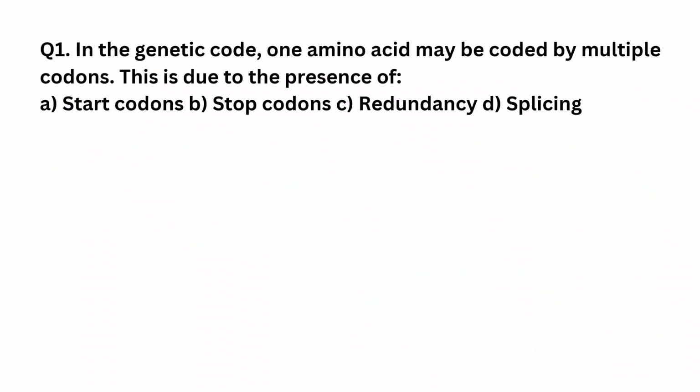So going ahead, problems. In the genetic code, one amino acid may be coded by multiple codons. This is due to the presence of